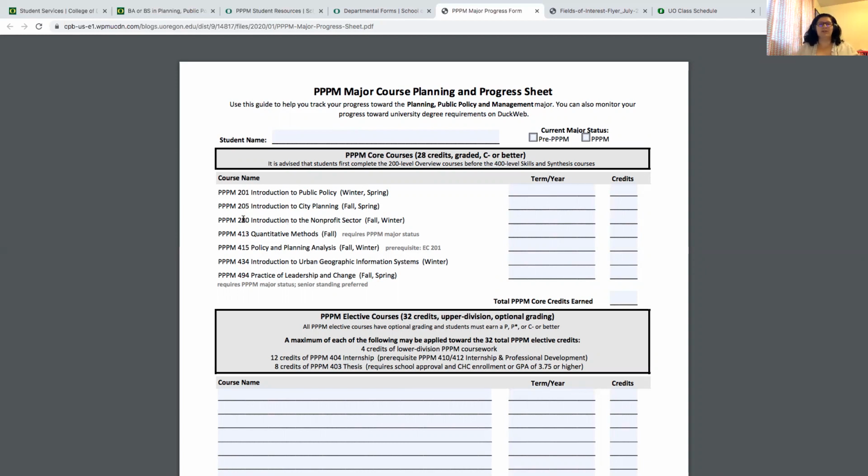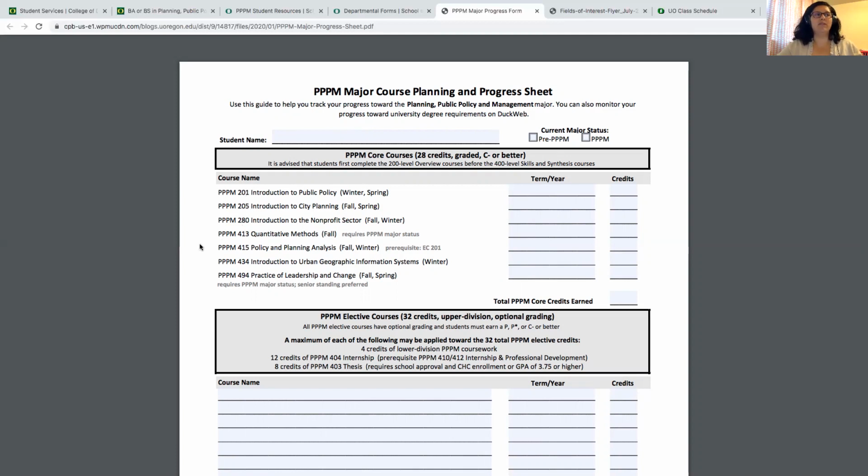Another common question that we get from students is, do I have to finish or complete all of these core classes before I start on my electives? No, you can work on these requirements concurrently, so you can work on them at the same time. However, before you start diving into upper division elective courses, it is recommended you get through either 2 or all 3 of these introductory courses first.